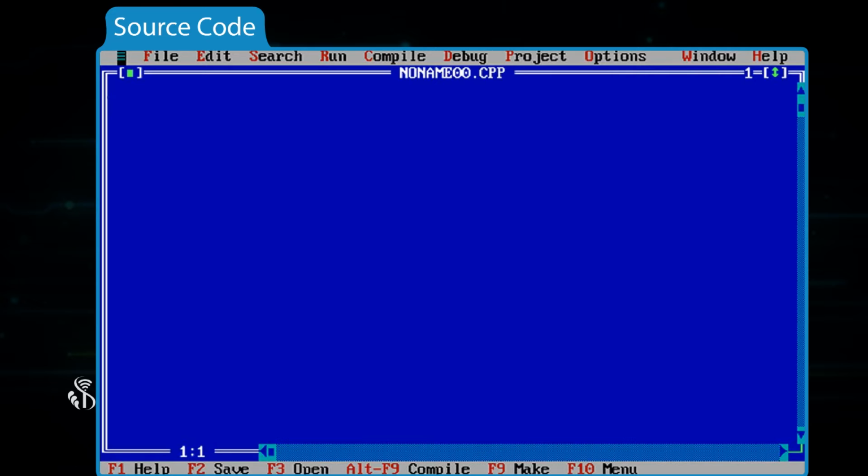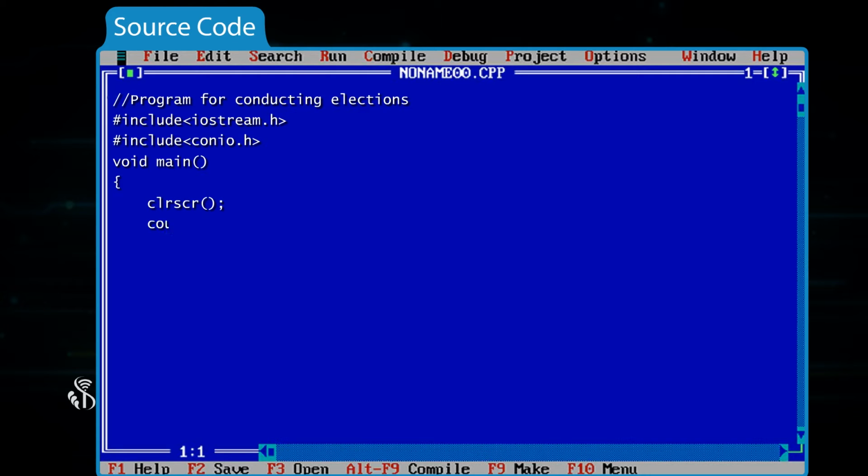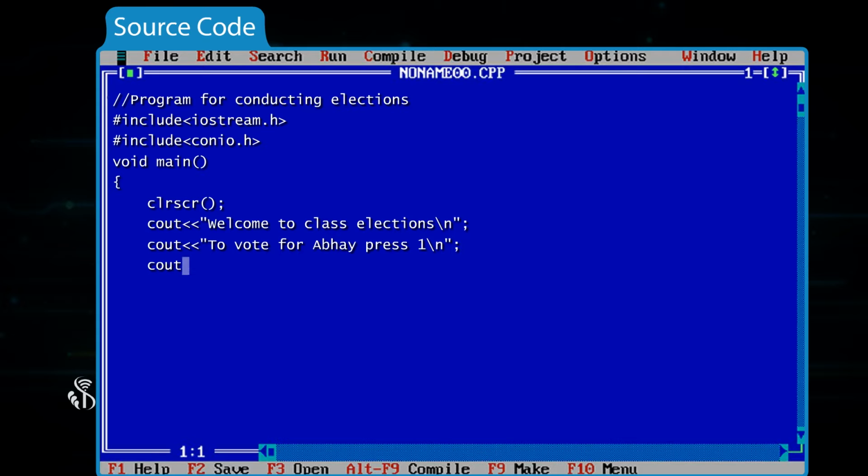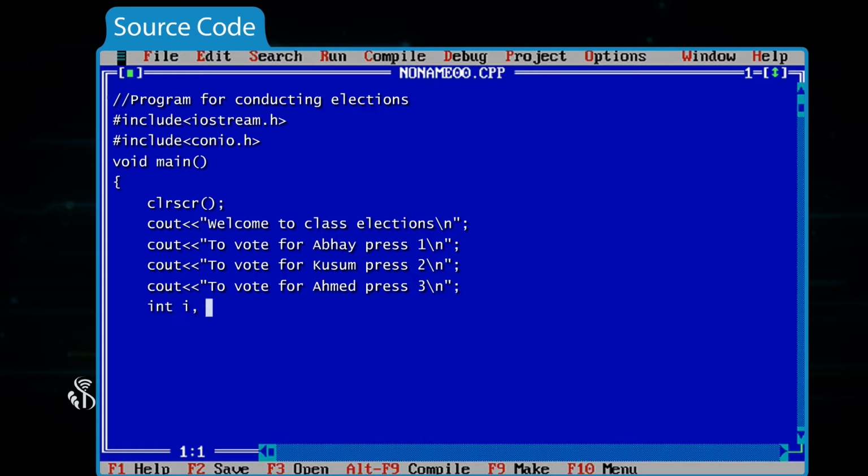The program will look like this. Program for conducting elections. cout << "Welcome to class elections\n"; cout << "To vote for Abhay, press 1\n"; cout << "To vote for Kusum, press 2\n"; cout << "To vote for Ahmad, press 3\n"; int i, votesForAbhay, votesForKusum, votesForAhmad;